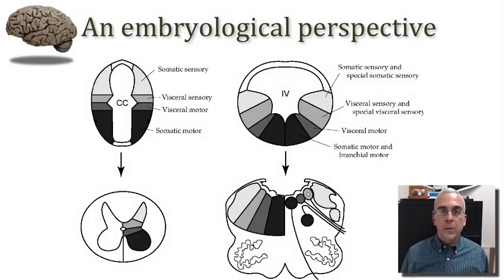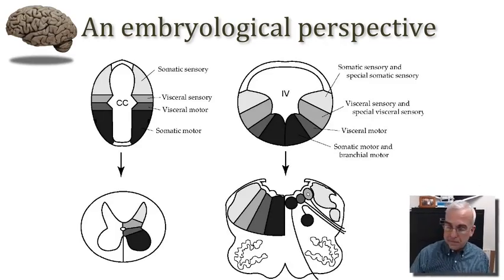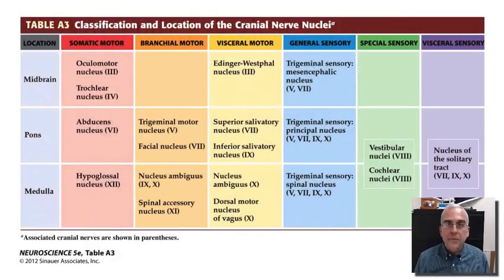Okay, now I think we're ready to apply this embryological framework to understand the organization of the cranial nerve nuclei in the brainstem. So this is a chart you might want to have in front of you for a little while so that you can begin to make sense of all of this new anatomical information that I'm sharing with you in this tutorial. So what this chart does is it organizes the brainstem according to embryological division, that is midbrain, pons, and medulla, and also organizes across our various ways of breaking down motor outflow and sensation according to